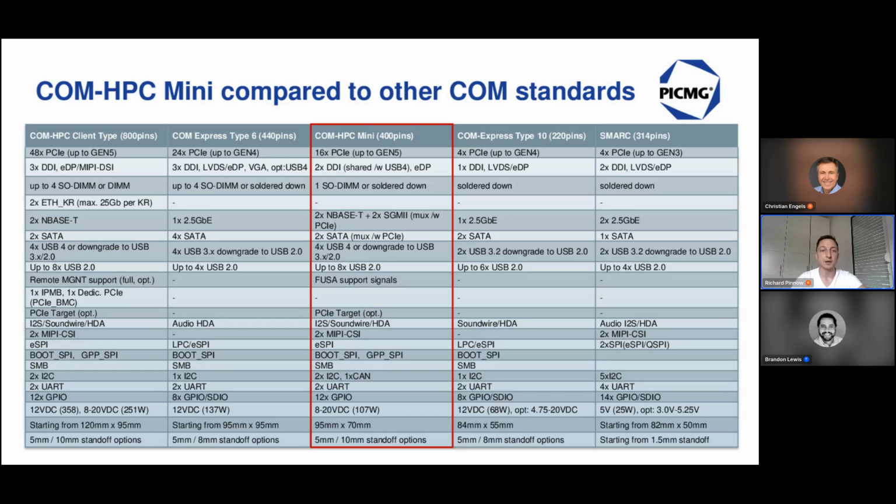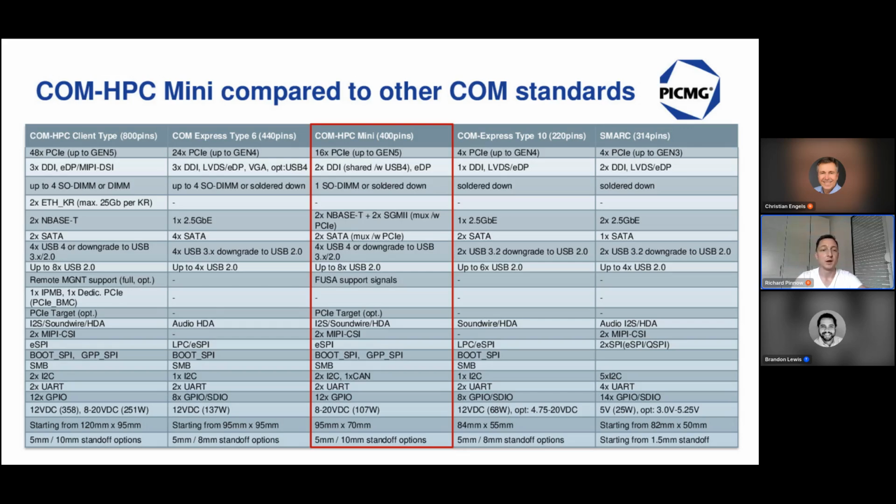Nowadays, a lot of applications require digital display interfaces. So we have on module 2 DDIs and 1 embedded DisplayPort. That's great. And more or less all applications nowadays require higher Ethernet speeds. So COM-HPC Mini provides 2 times 10GBASE-T and optionally 2 times HMI ports, as I've mentioned already. In total, we have 8 SuperSpeed lanes. That's great. So with them, one can instantiate up to 4 USB4 and respective Thunderbolt, and of course DDI and